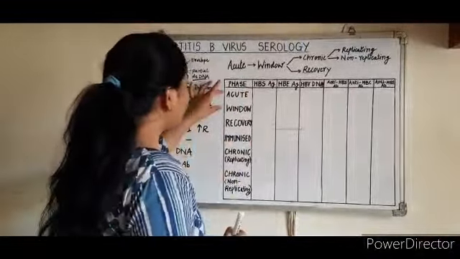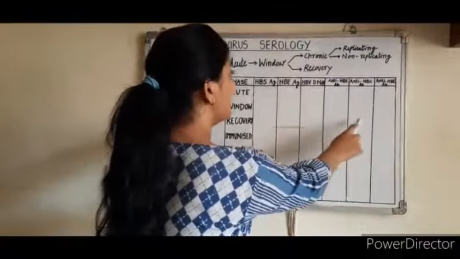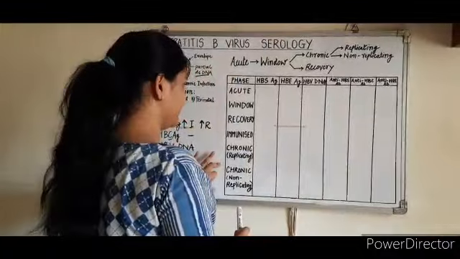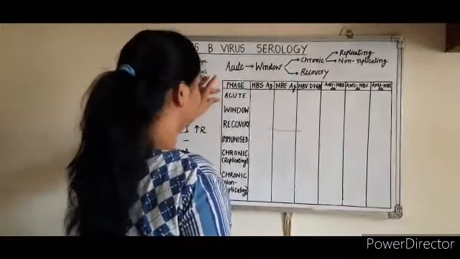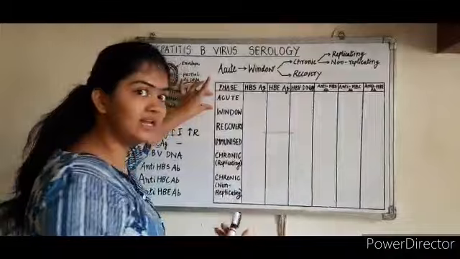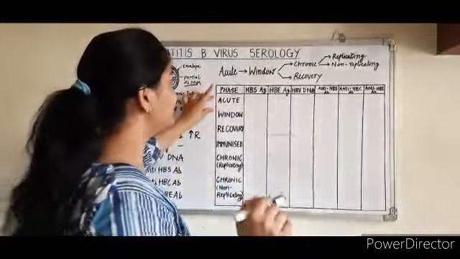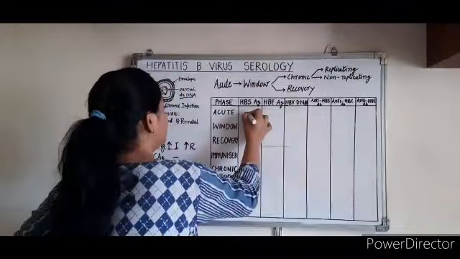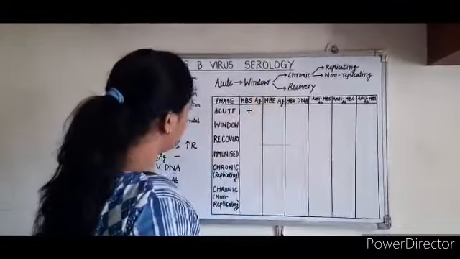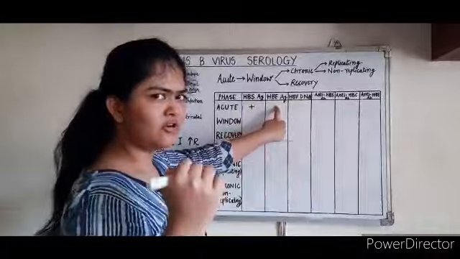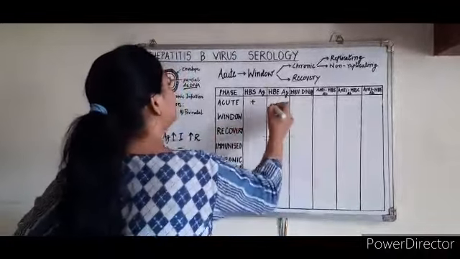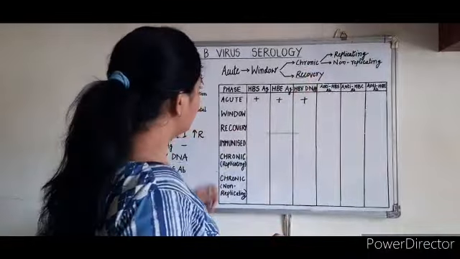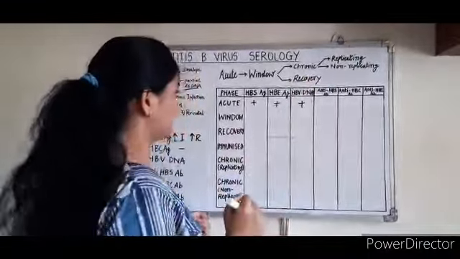So let us now look at all these 6 antigen and antibody parameters amongst all these different phases. First we have the acute phase. Now it means that you are infected with the virus. Remember I said that this antigen will be present if you are infected. So this shall be a positive. Moving further, because you have been inoculated with the virus, again this antigen would also be positive and the Hepatitis B virus DNA would also be positive because you have been infected with the virus.